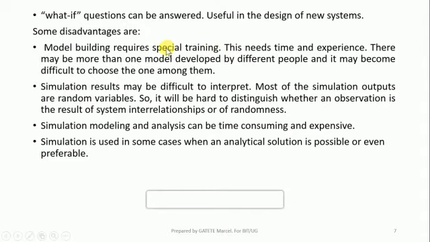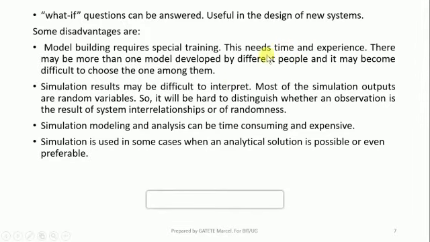They require special training because this is a very difficult task to do. This needs time. There must be time and experience. Those people have to have experience and also to work on the system for a long time. So it will take time to study, to learn, and also to work on such tools.